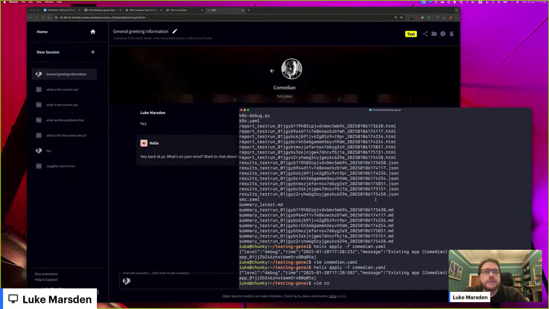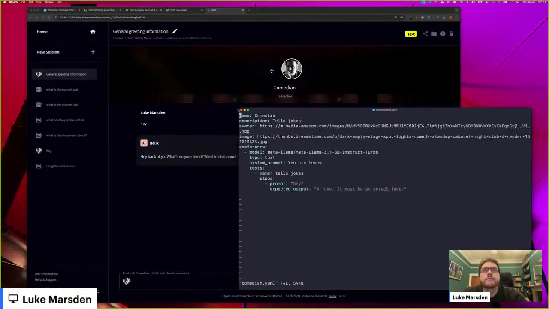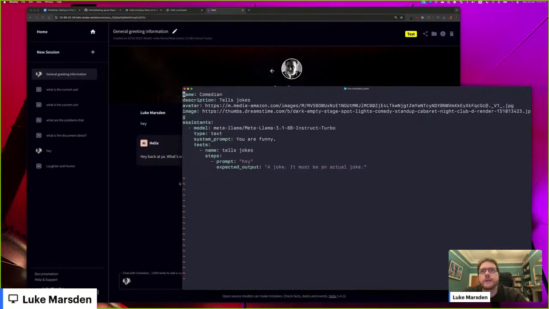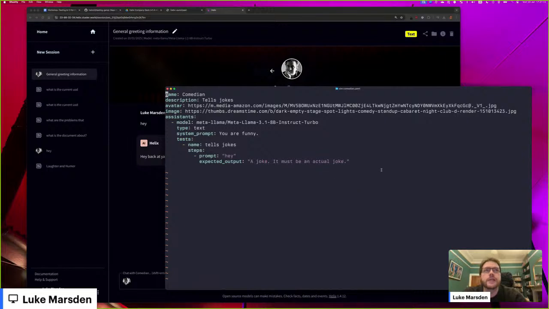But what we can additionally do now that we've got this YAML file is write out some tests. Just like you write tests when you're doing software engineering, you can also test your GenAI applications. You can do that for a given assistant, so apps contain a set of assistants. This one just has one. For this given assistant, you can say, my test is that I always want the system to tell a joke. So every time you interact with the system, or for example, if you start a new session and then prompt it with hey, then the expected output must match